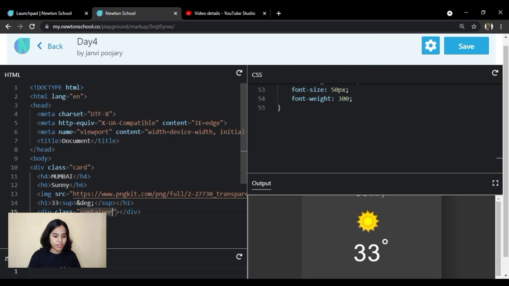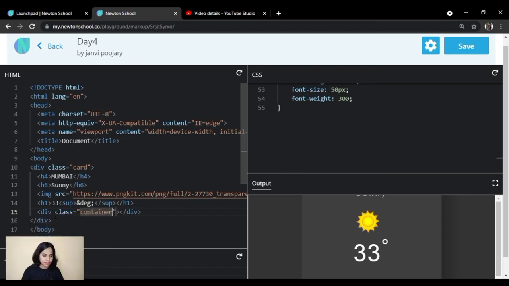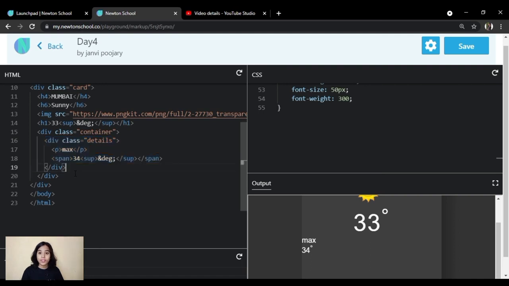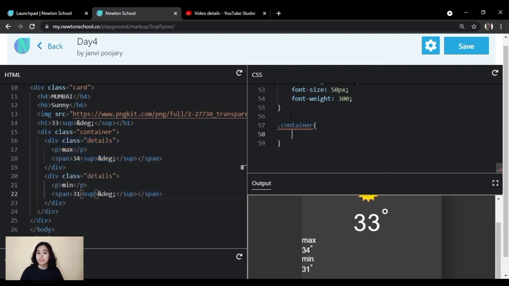And then we will use one container tag. After styling it, we will have one more class as container, and inside that we will write all the details of what is the maximum temperature and what is the minimum temperature today. And inside that container I will have one more div with the class called as details. Minimum and maximum, for both of them we will make two separate divs,